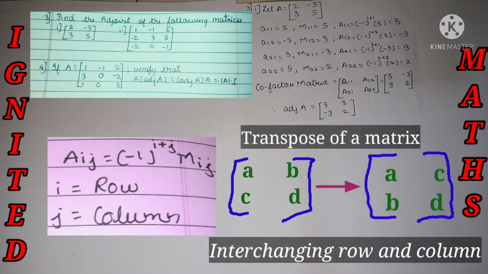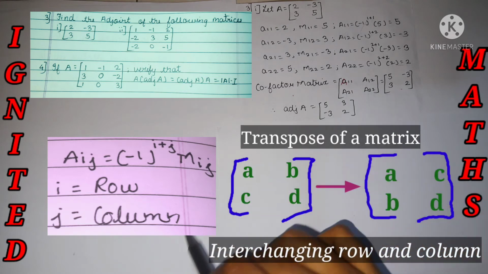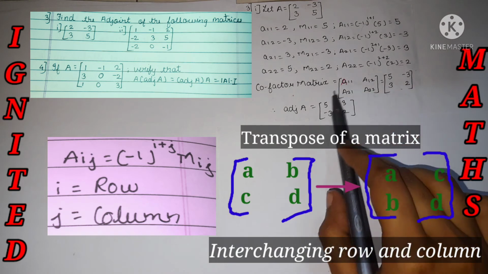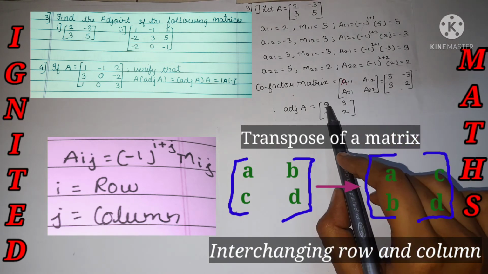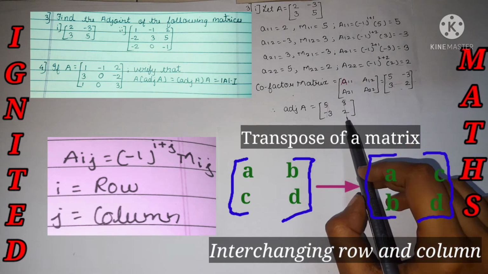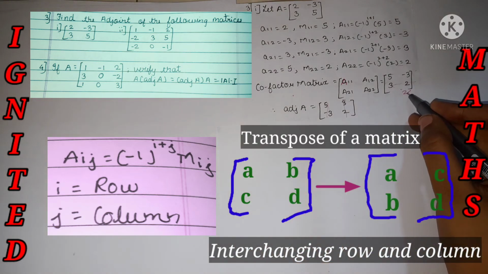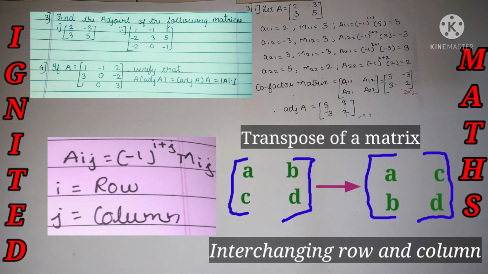Adjoint is nothing but the transpose of the cofactor matrix. This is my cofactor matrix, just find the transpose. Transpose is nothing but the interchanging of rows and columns. My rows will be interchanged to columns, and columns will be interchanged to rows. Yes, my first row becomes my first column, and my second row becomes my second column. That is nothing but the adjoint of the matrix. But there is no change in the order over here, because it's 2 cross 2, and over here also 2 cross 2. If the order differs, say 2 cross 3, so that the m and n values change, then while finding the transpose even the order changes.